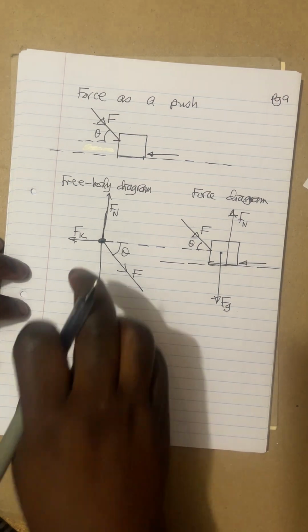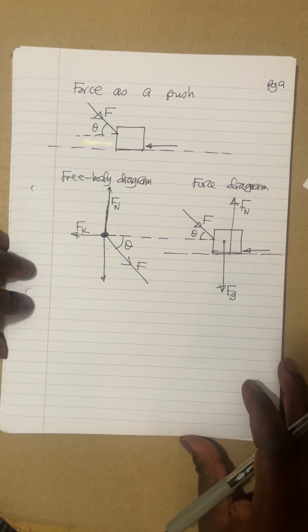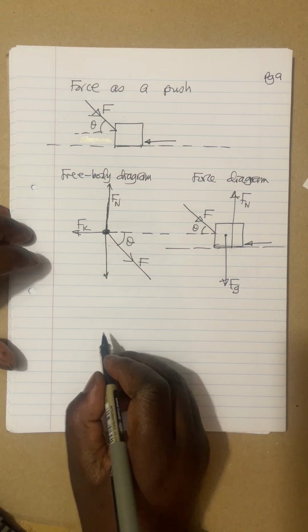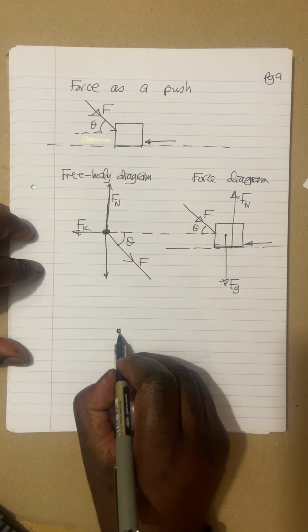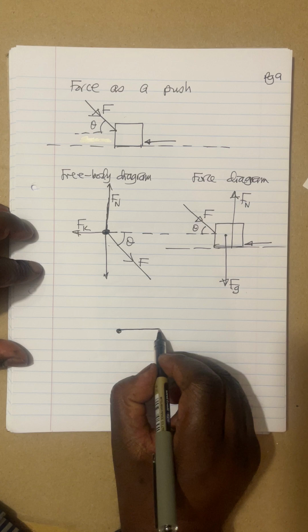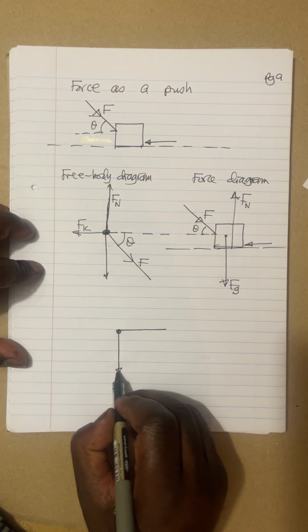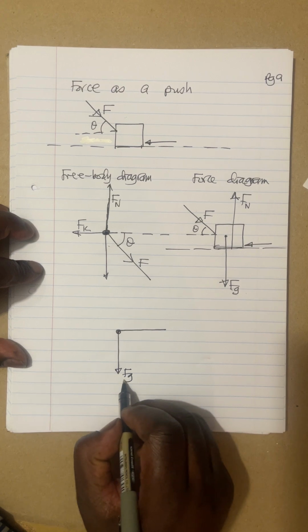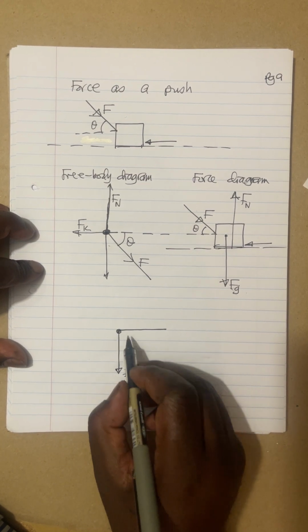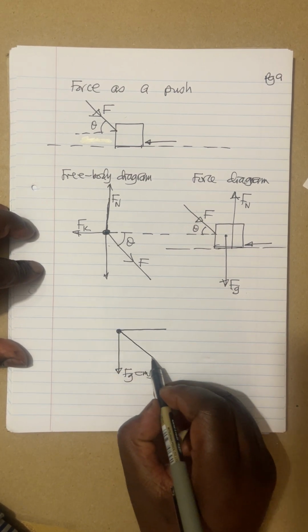But for analysis purposes, I want to redraw this. I'm going to have the component horizontal, and then I'm going to have my gravitational force Fg, which is equal to mg, and then I'm going to have my force F in that direction,